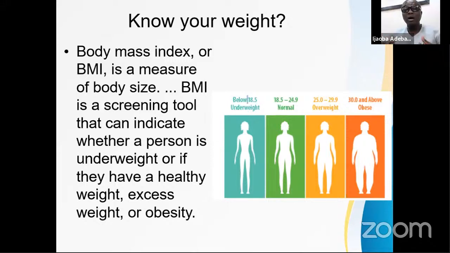You need to work with your weight over your height squared. You need to know your height, square it, then use your answer to divide your weight, and you get it. If your result is 25 to 29.9, you are overweight. If it is 30 and above, believe you me, you are obese. You need to work on yourself. Even being overweight, you need to work on yourself.